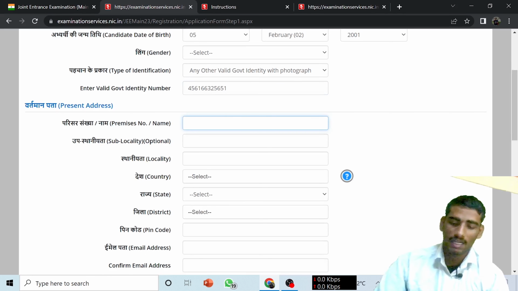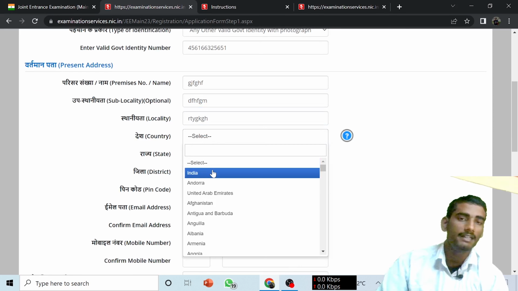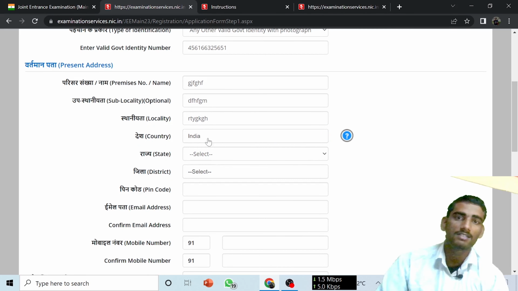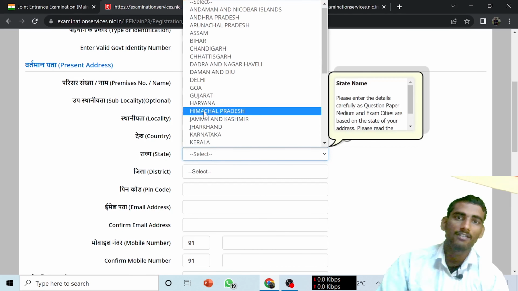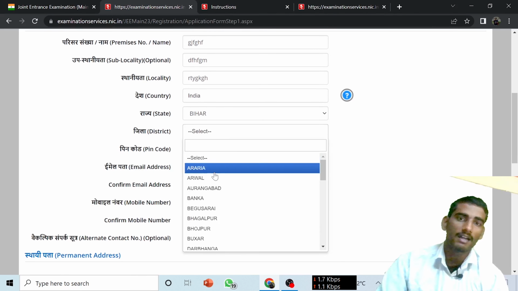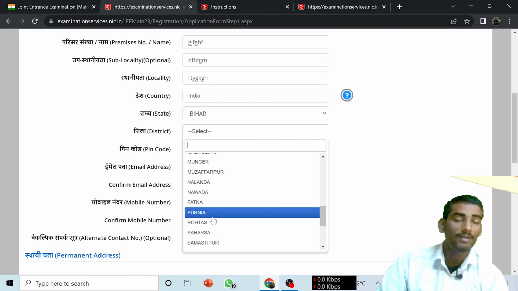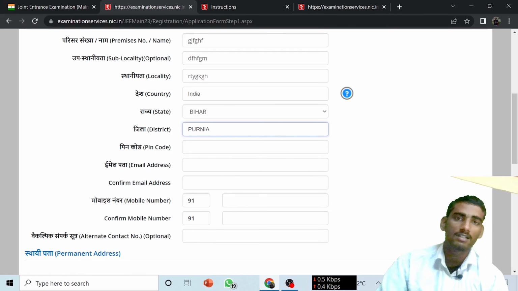Okay, so suppose I am giving some address. Okay, then आपको देना है भाई सब locality. Okay, then locality, that is where you are currently residing. Then country. Okay, suppose I am filling candidates for India, then I just click on India. Then state, whatever the state, suppose I am choosing Bihar. Okay, then आपको district choose करना है, कौन सा district आप करना चाहते हो. Okay, so whatever the district you are currently in, you have to just click on that.